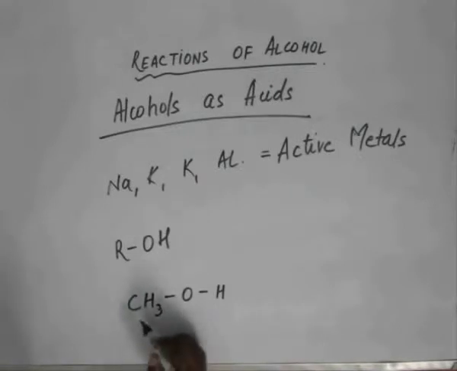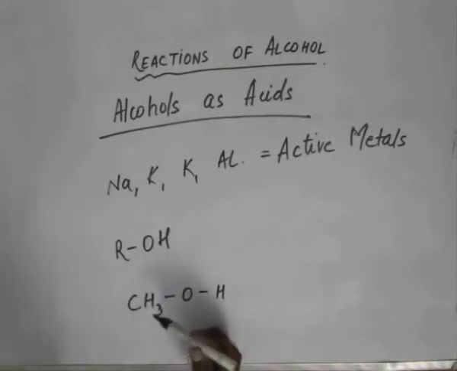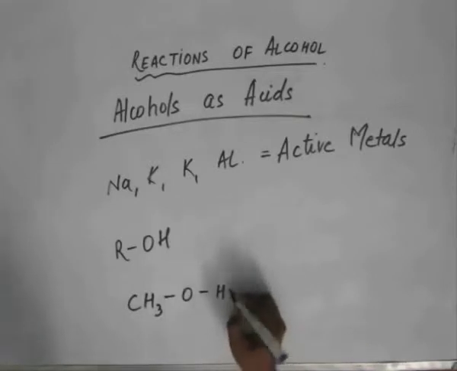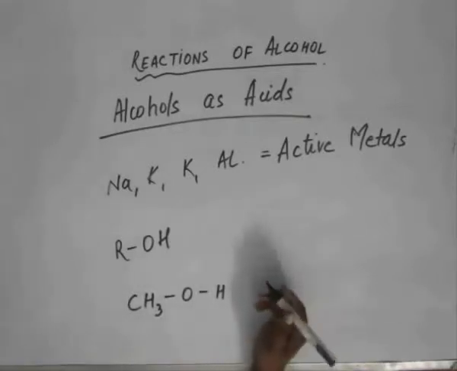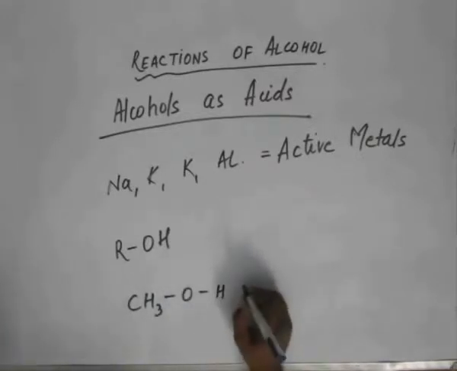Why? Because when this is dissociated, C will gain a negative charge. C being a less electronegative atom won't be stable with this negative charge. So this H won't be dissociated and hence it cannot be used as an acidic H. But in the case of OH, this H will be readily dissociated, because this is attached to the oxygen atom, which can bear a negative charge and be stable.